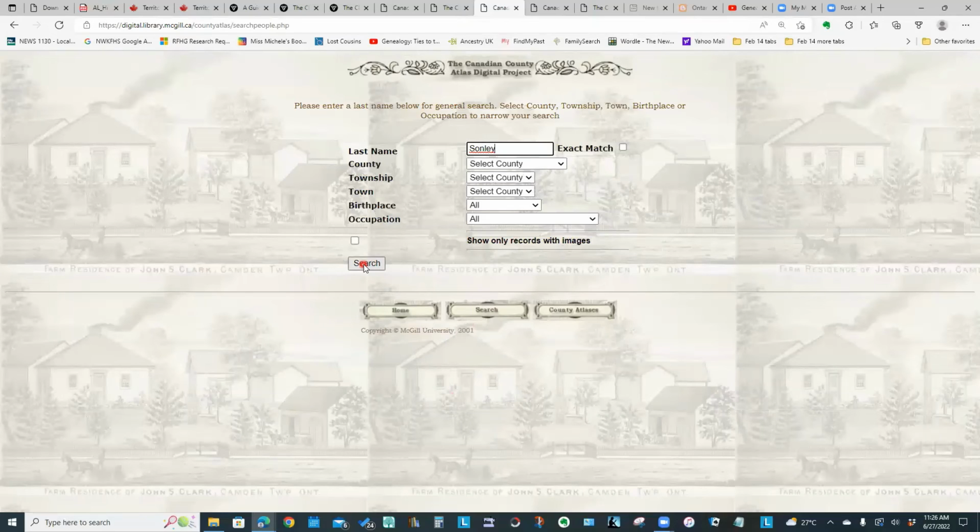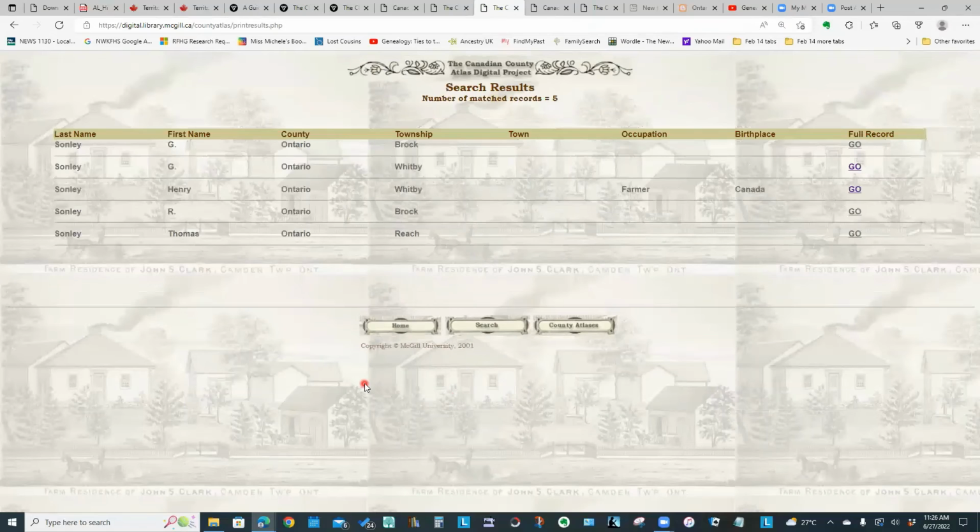So I'm just going to type Sonley and click search. And this is telling me that according to this atlas, they have information regarding the property for 5 different Sonleys. And you notice one of them is in the Brock Township. Actually, 2 of them are in Brock,